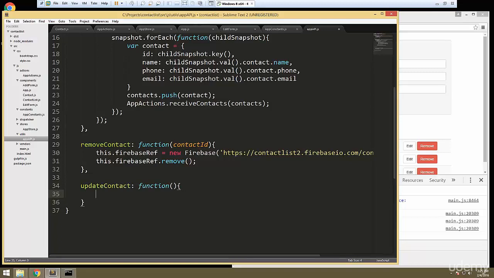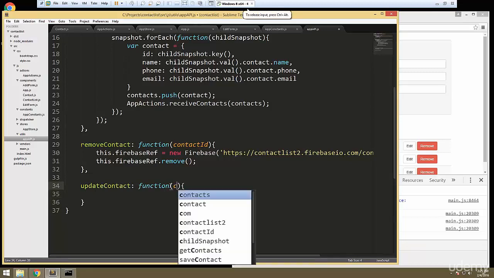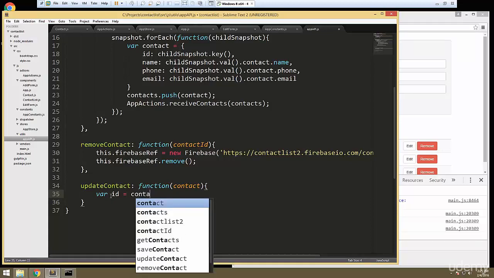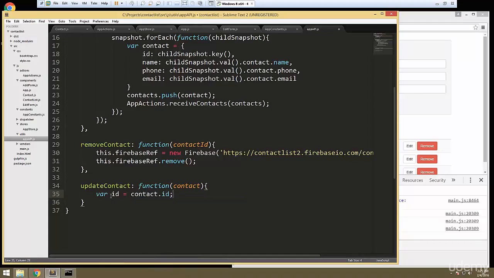That's going to take in contact, and we want to grab the ID out of the object, so we're going to say var ID, and set that to contact.id. Then what I want to do is build a contact object to submit that doesn't have the ID in it. Alright, so we're going to call this updated contact